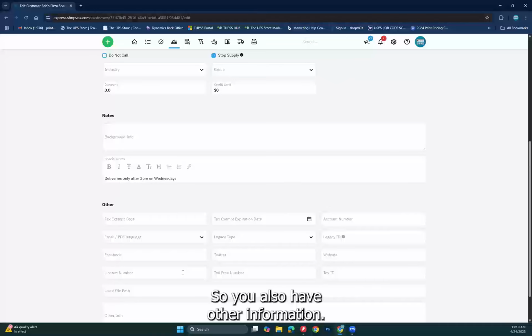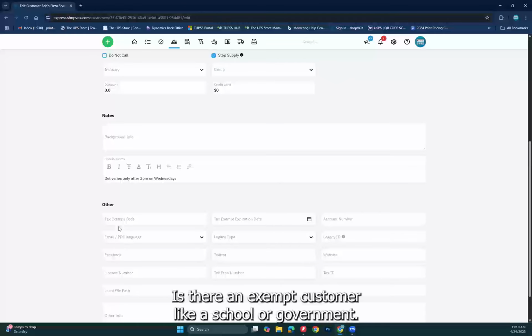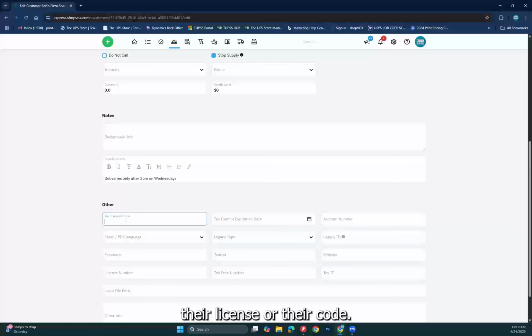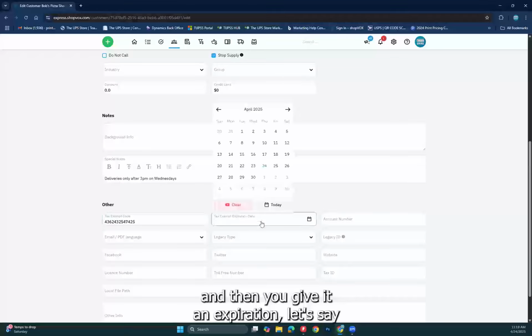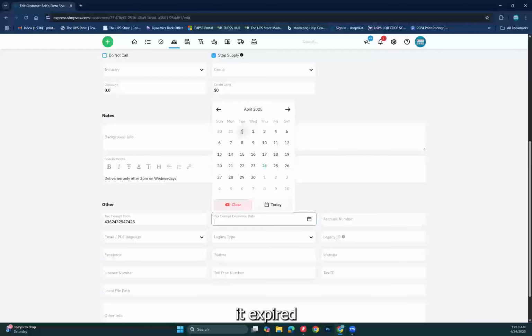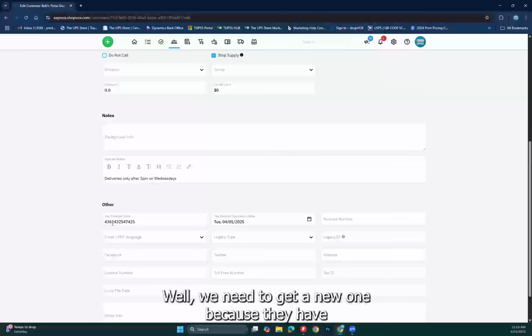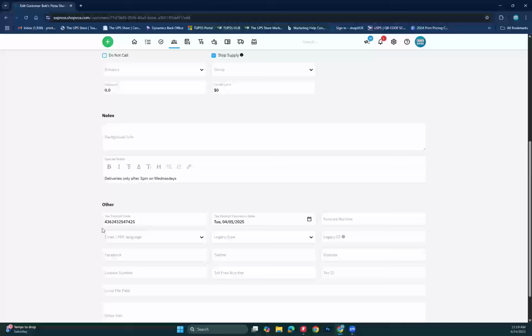So you also have other information. Tax exempt code: if they're an exempt customer like a school or government, they could give you their license or their code, and also an expiration. This is kind of nice because if you put in the code here and give it an expiration, let's say it expired beginning of April, right there, that's going to warn us we need to get a new one, because they have to renew those. I think it's every 3 years or something, that they're a legitimate tax exempt company. And so they have an expiration date on that. I'm going to leave that there because it will give you a warning that says we need to get an